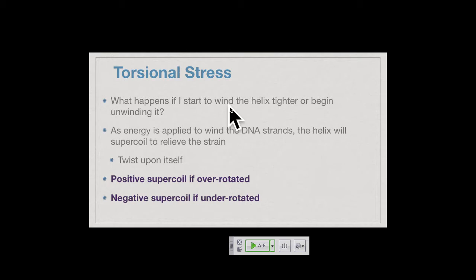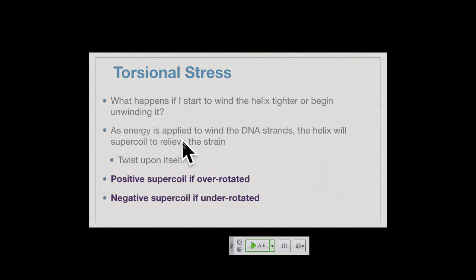If you take a rubber band or one of those hair things, the relaxed circular part, and you hold on to it and you just start wrapping it up, you're supercoiling it. And what happens to it? It gets all knotted up and it gets much smaller. So it's a way of helping to compact the DNA into a smaller space. But we're going to put energy into winding up that DNA. Here we're actually going to be changing the number of turns. It's like taking a spring and turning it, and we can either add turns or remove turns from it.